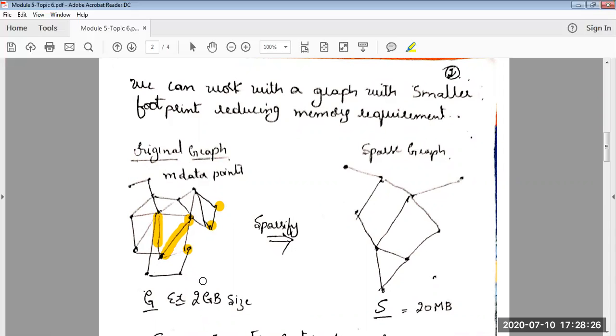For storing all this, you require memory, meaning that if a graph is dense, your memory requirement will be very huge. For example, you can see in this case, it's almost 2 gigabytes. Now, once again, what will be the consequence of it? What will be the implication of this? The more the memory, the more storage you require. Also, the processing time will obviously be very large.